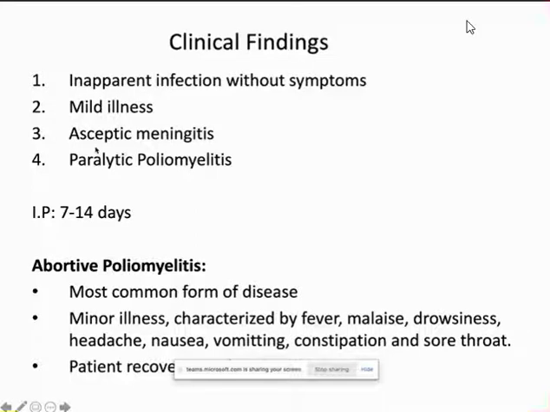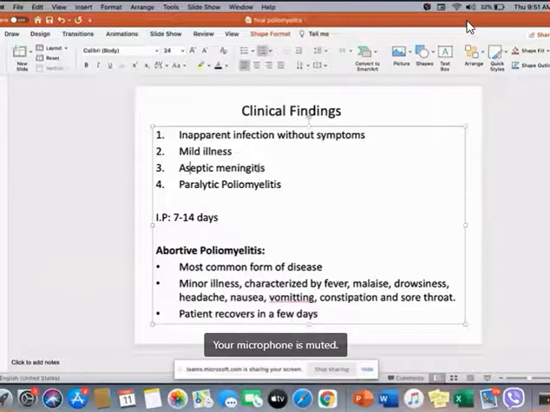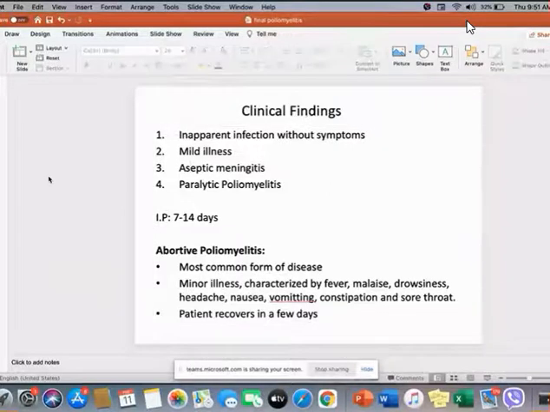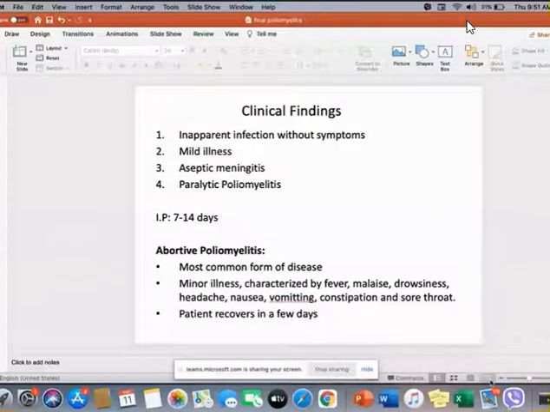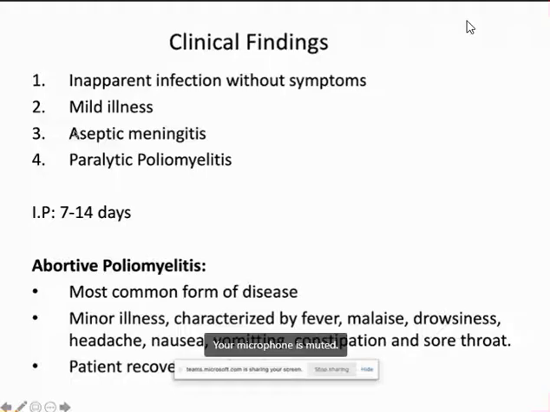Okay, that is the aseptic meningitis and the paralytic poliomyelitis. Aseptic meningitis means they multiply in the CNS and they inflame the meninges. Why are they called aseptic? Because the viruses are not easily identified in the CSF sample. They are not easily cultivable. That's why it is called aseptic meningitis, because it may lead to the meningitis also. And finally the paralysis of the affected organ. Okay, so that is the poliomyelitis.